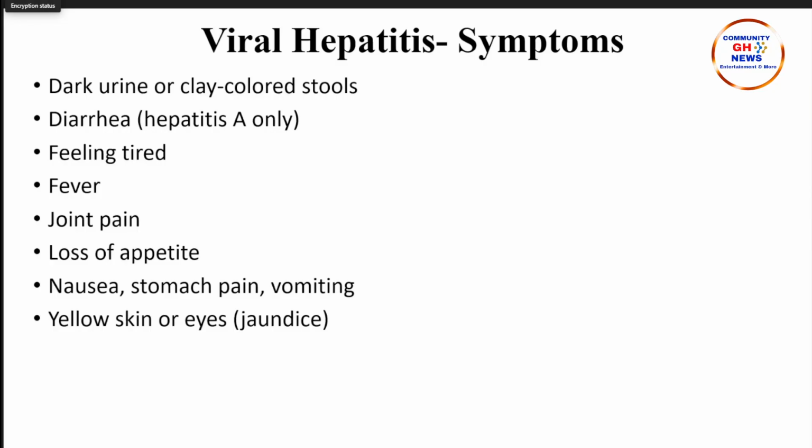There's also something very prominent that most of the time, even your friend might see your eyes and say, hey, why are your eyes so yellow? It means you are developing jaundice. It could be a sign of your liver failing, or it could be that you have an infection of the liver. So once you notice that, you rush to the hospital for the necessary investigations to be done.